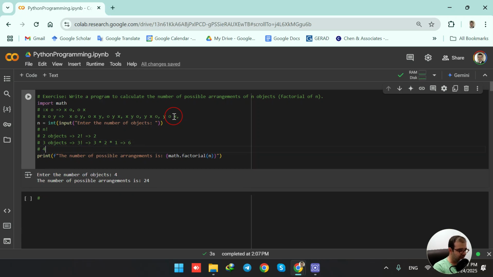And when we have 4 objects, the output is 4 factorial, and it means that we have 24 possible arrangements. And it's very hard to compute it when we are dealing with a large number of objects. For example, if we have 5 objects, we see that the possible